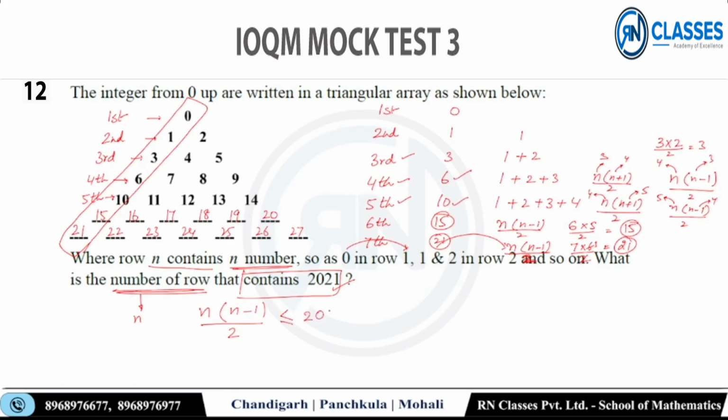अब 2021 से ये कम या इक्वल टू दोनों ले सकते हो, लेस देन और इक्वल टू 2021 होना चाहिए, राइट। तभी मेरे को मिलेगा। इक्वल हो गया तो भी चलेगा, मेरे को एग्जैक्ट रो मिल गई। अगर इक्वल नहीं हुआ तो भी चलेगा। मैं लेस देन के लिए सॉल्व कर लेता हूं, इक्वालिटी का मेरे को पता चल जाएगा। फर्स्ट नंबर निकाल लेते हैं, लेस देन के लिए सॉल्व करते हैं, ठीक है। इक्वल टू पे भी चल सकता है एक्चुअली। सो मैंने इसको लिख लिया, n × (n-1)/2 लेस देन